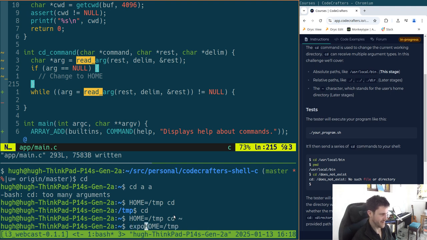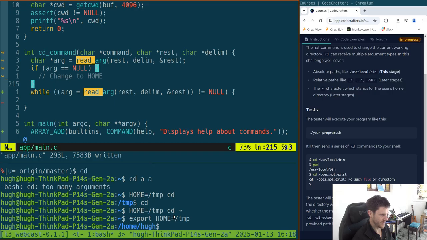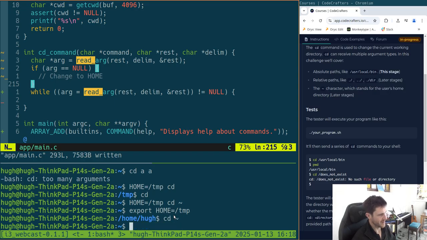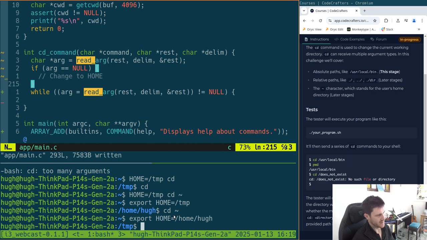Potentially, I could do some very cursed thing. So now, if I do that, it'll reveal that we are indeed in tmp when we went to that CD. So that kind of looks up what the current home is, but at that point here, this wasn't set. It's just the way